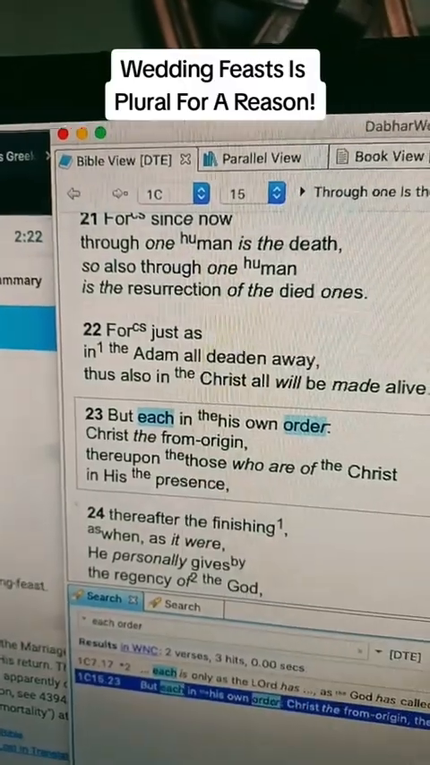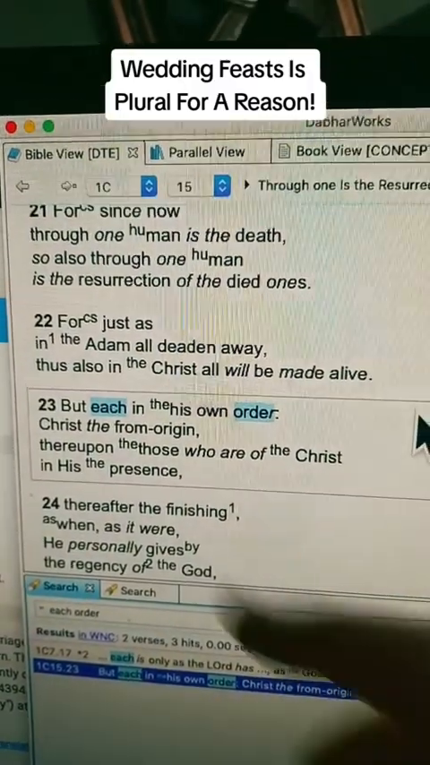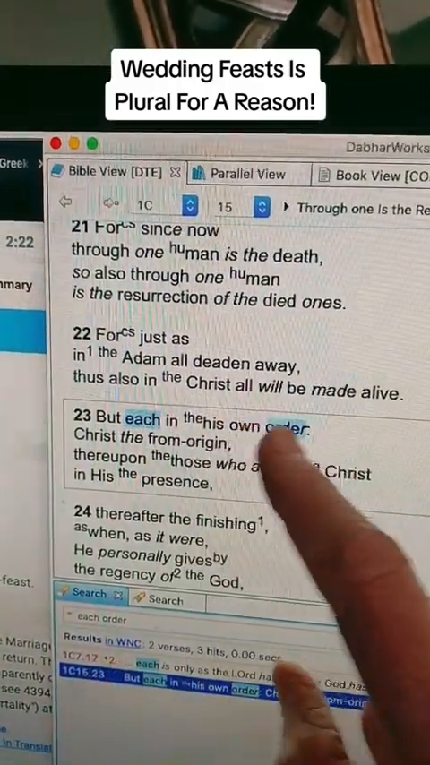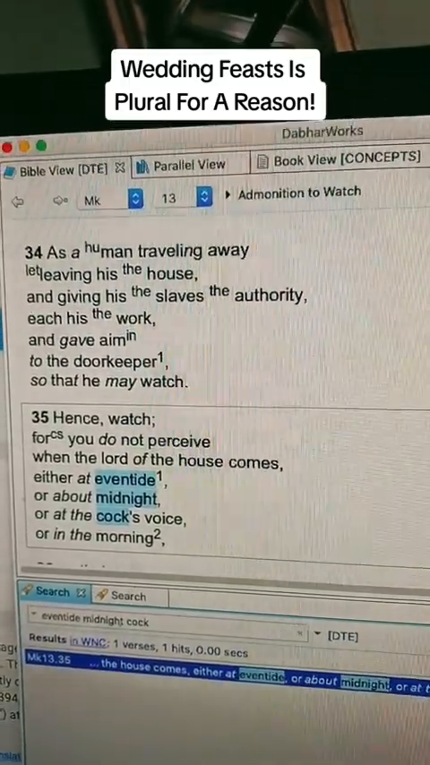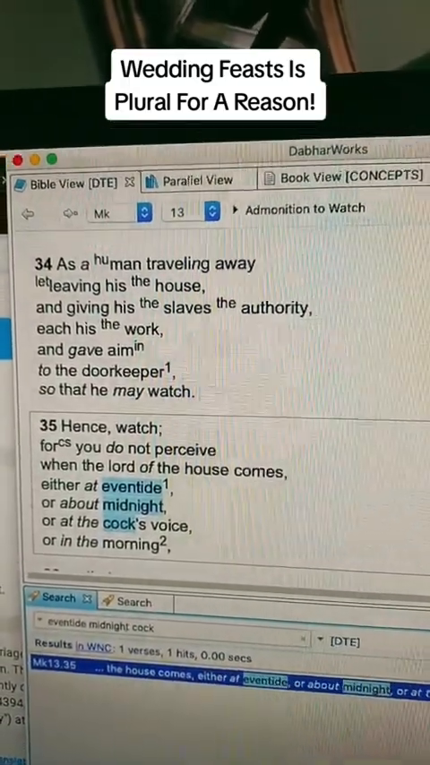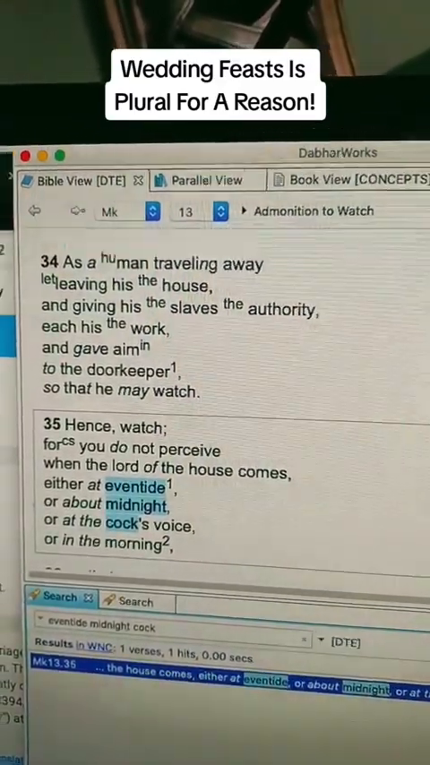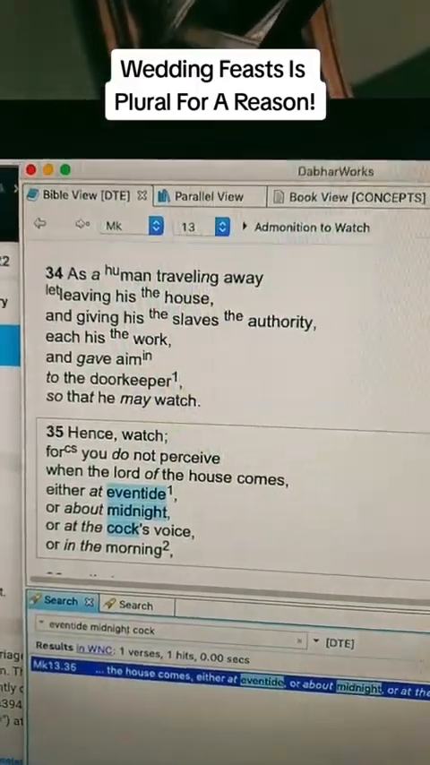In his presence, or parousia, when the Lord returns again, we see that those who will be made alive are each in his own order, corresponding to the first three watch times of the night, which midnight is the parable of the 10 virgins. And the wedding feasts,